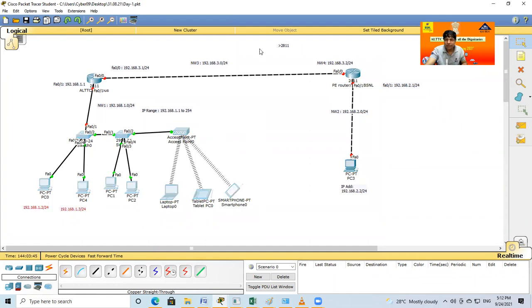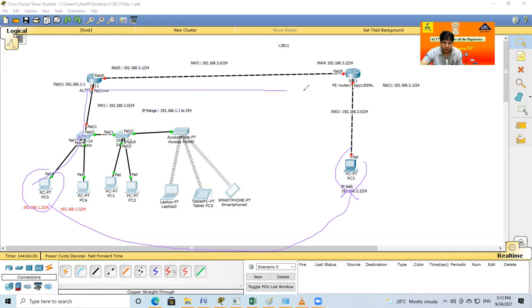If I want to communicate from this PC 0 to this PC 3, how does my data move? Any data moves from my computer to the switch, to the router, from one router to another router, and again comes back.